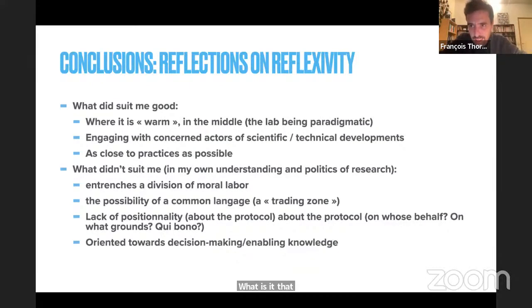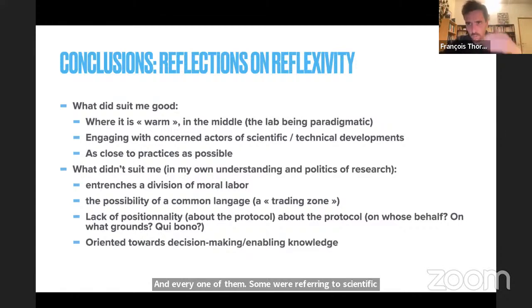And the interesting thing there was that we met like 10 or 12 scientists, I don't remember exactly. They all came up with very different versions of what reflexivity was or entailed for them. Oh, for me, this would be this, or maybe referring to that. They came up with stories, and some were referring to scientific fraud, some to moral concerns with carrying out research that will lead to military developments or weapons, a new generation of weapons. Others would deal with the conditions of work or the precarity of contracts. It would go in all sorts of directions, sometimes engaging with the very practice itself,